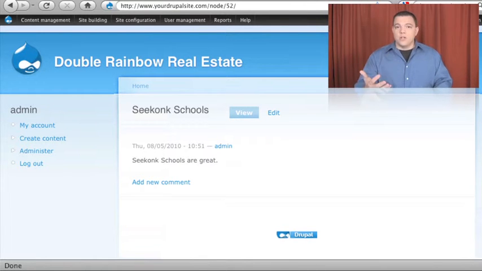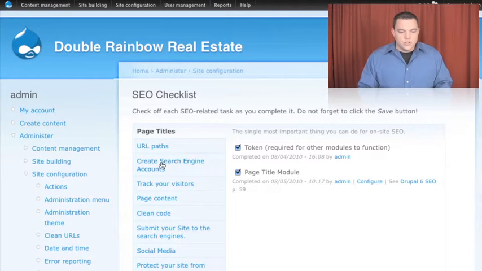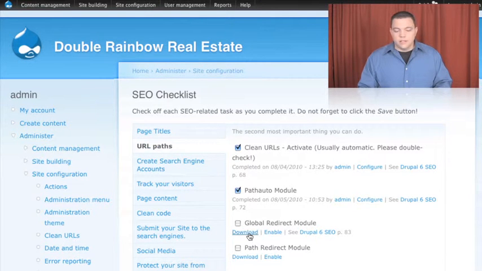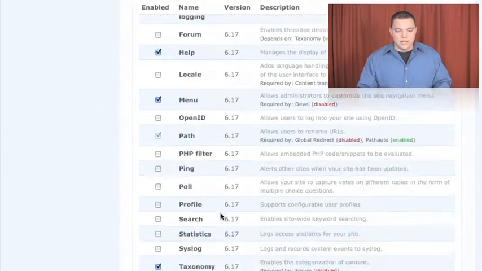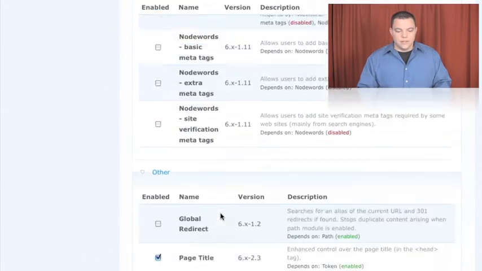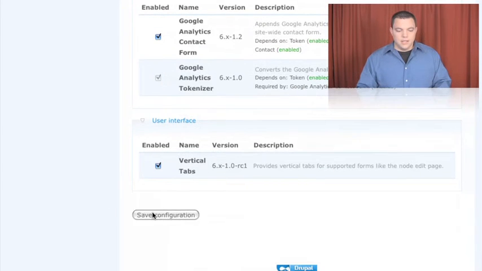So there is a module that solves this problem for you. It is called, as I mentioned, and I'm going to go through the SEO checklist, the Global Redirect module. So you're just going to go here, go to URL paths, Global Redirect, click the download link, take you there, grab the recommended version. You're going to go to Enable and scroll down to the Global Redirect module, turn it on, click Save,